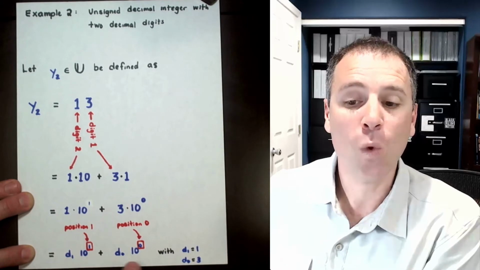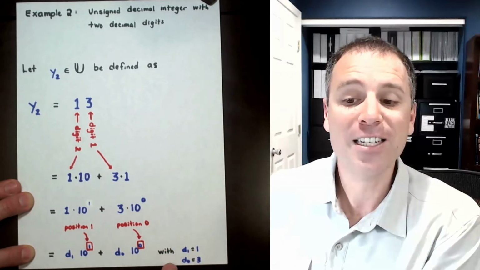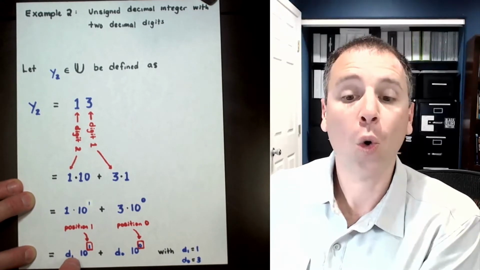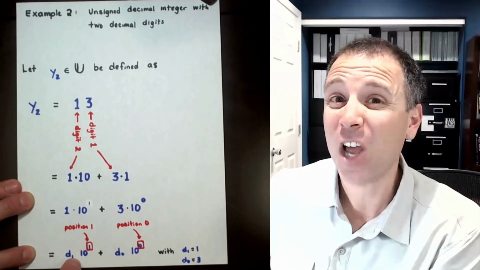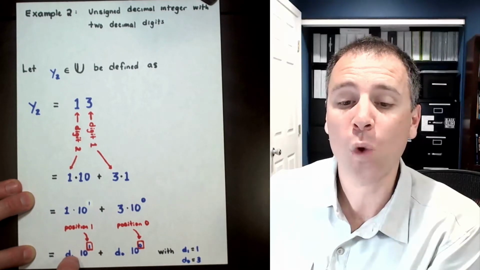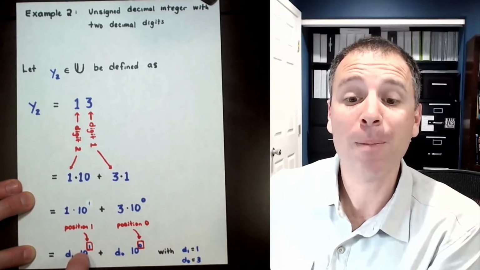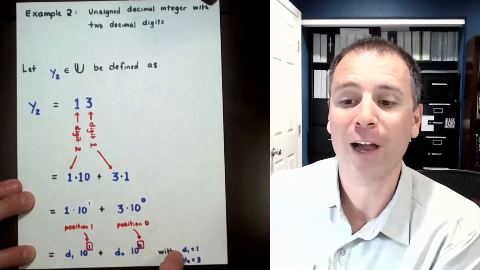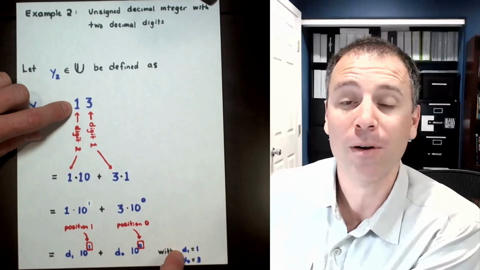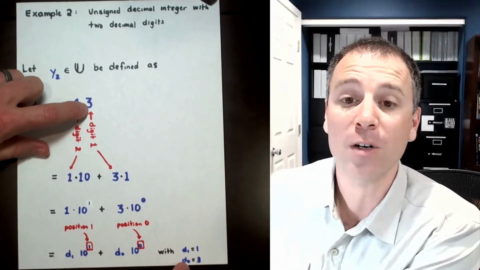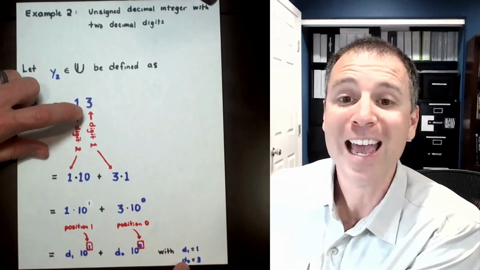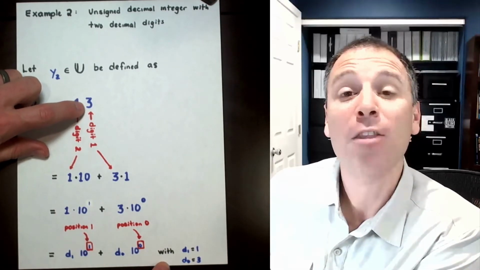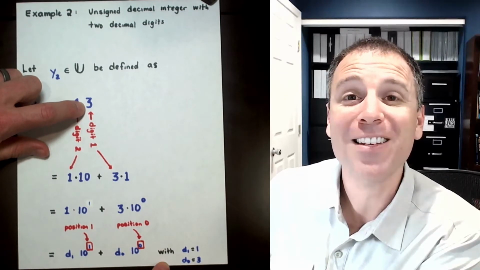This digit d1 in this case is 1, d0 is 3, and what we mean is this is the digit corresponding to the power of 10 where the value in the power is 1. So d sub 1 is multiplied by 10 to the 1. D sub 0 is multiplied by 10 to the 0. What is the value of d sub 1 in this specific number? It's 1. What's the value of d sub 0 in this specific number? It's 3. In other words, 1 represents the number of 10 to the first powers we have, and 3 represents the number of 10 to the 0th powers that we have.